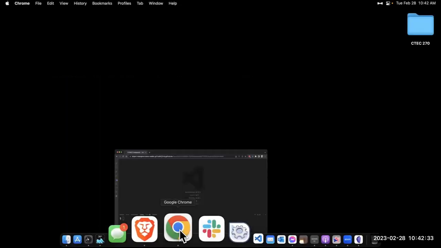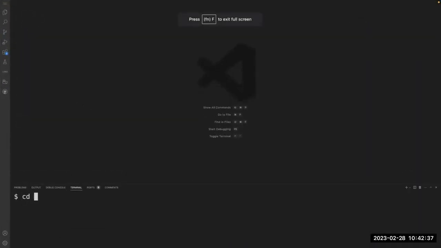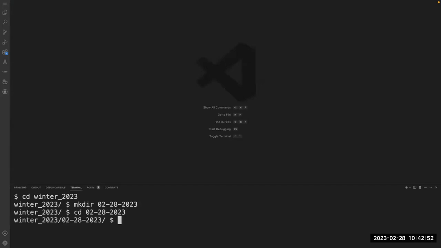So let's do it. I'm going to head into Visual Studio Code, and I'm going to head into my winter 2023 folder where I put all my stuff. Today is the last day of February, right? 28, 2023. And I'm going to head into that folder because I talk when I do things, you know me. And I'm going to code our first example for today. I'm going to call it